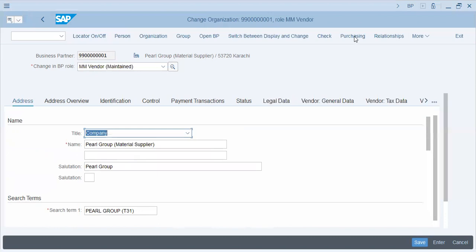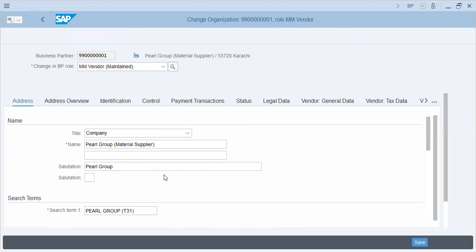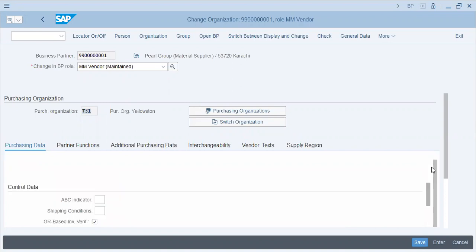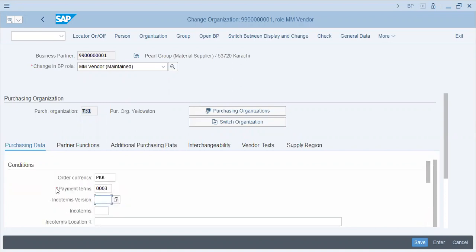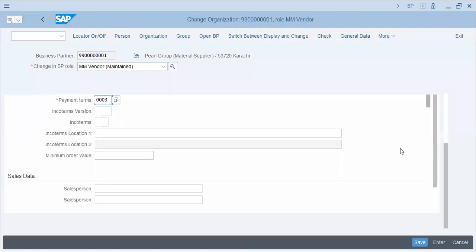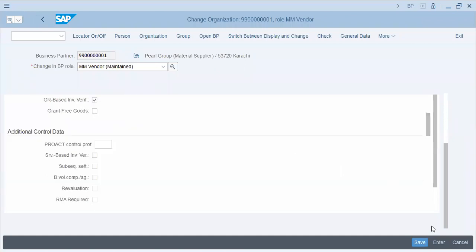So if I go to purchasing, in purchasing, I will have purchasing organization T31, order currency, payment terms 0003. Okay. Now, any field that has a star alongside this means it is obligatory. Obligatory. Okay. So I can maintain it. Plus, if I save it,